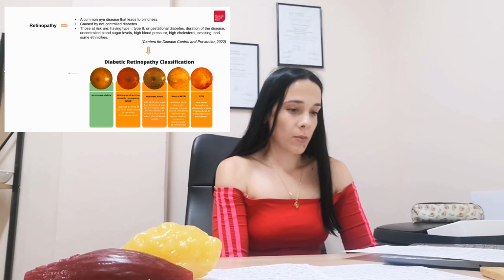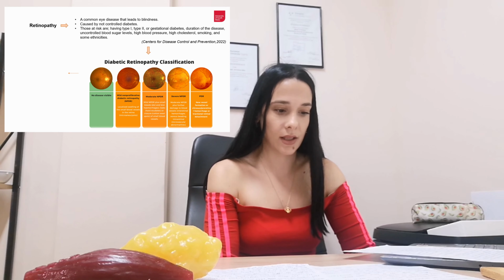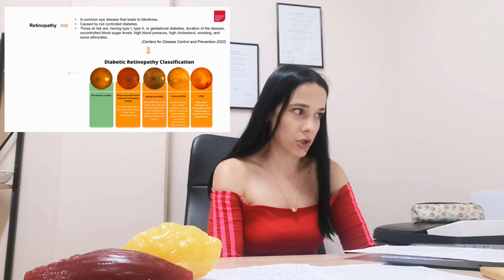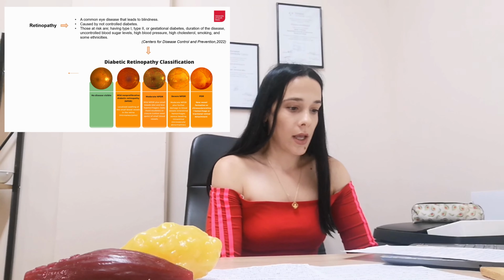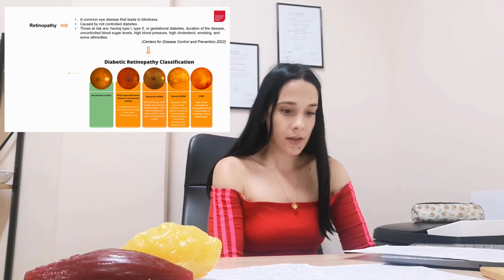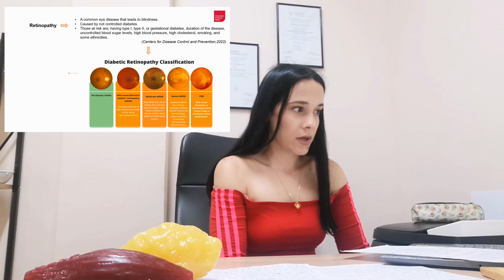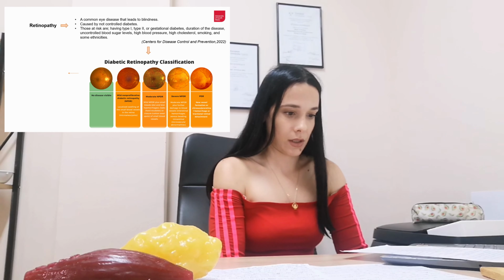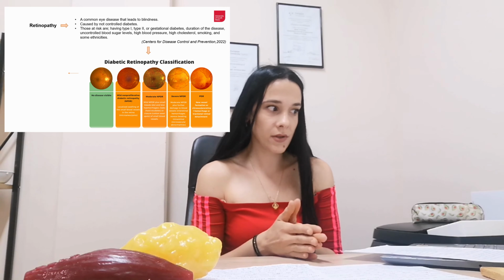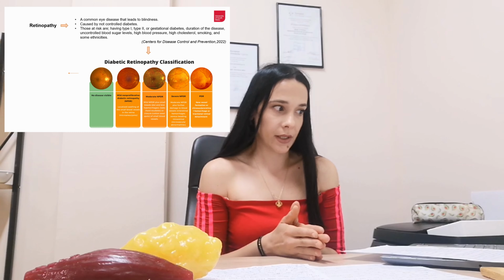Then when more damage is being done, we have moderate NPDR. We have small bleeds, as we see, small dots in the picture provided to us, and blots of hemorrhages, leaks, or closure. Then we continue to severe NPDR, where we have more damage to the blood vessels, more intraretinal hemorrhages, venous bleeding,